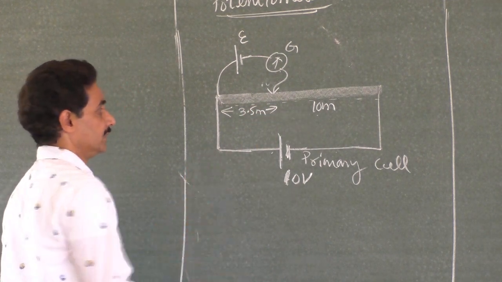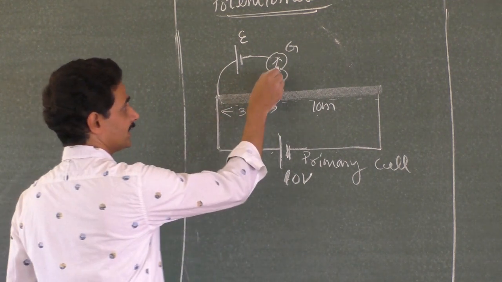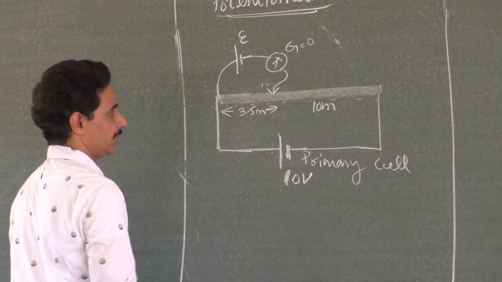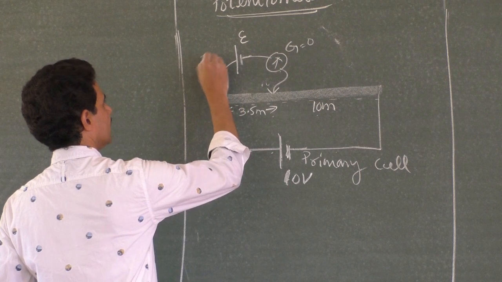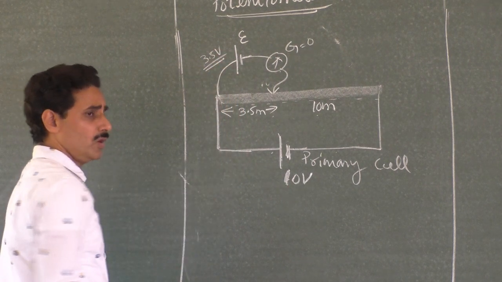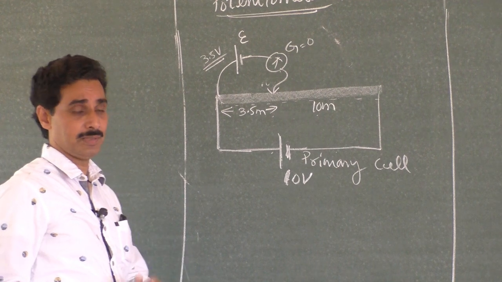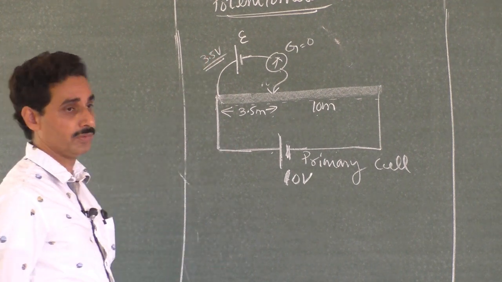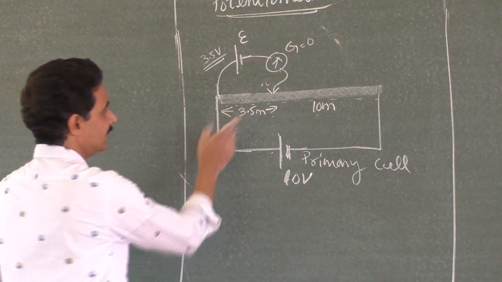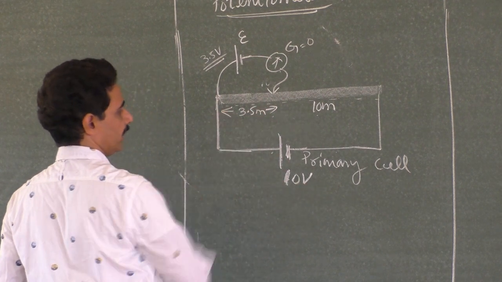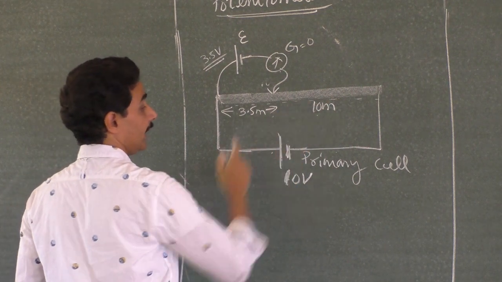What do you mean by balancing length 3.5 meter? I get the galvanometer deflection 0. Till that I will move it. That is 3.5 meter. I conclude that EMF of this cell is 3.5 volt. This is the most ideal case I am explaining, just to understand the theory behind it. Sir, why is it 3.5 volt? It is very simple. This 3.5 meter wire should drop 3.5 volt out of 10 volt, because we get a